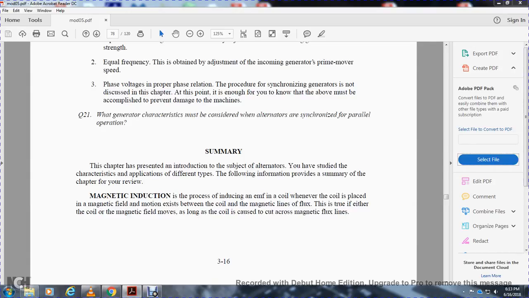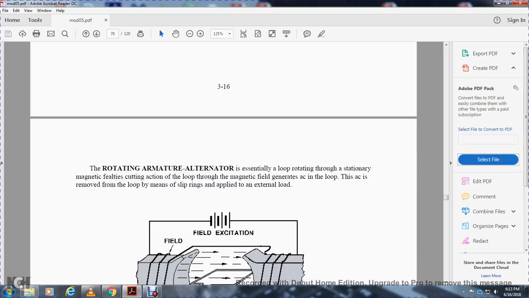Magnetic induction. The process of inducing voltage in a coil occurs when the coil is exposed to magnetic field motion, with the coil cutting the magnetic lines of flux. Either the coil or the magnetic field moves so that the coil cuts across the magnetic flux lines. A rotating armature alternator is essentially a loop rotating in a stationary magnetic